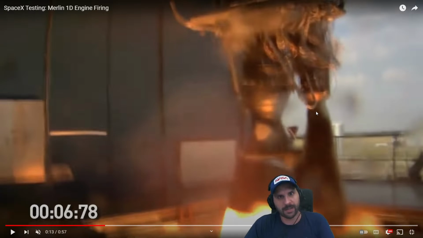Falcon 9 is a really good guided weapon, only it's not designed to crash into things. It's designed to stop at the last second. But other than that, it's pretty much the same thing. I mean, bombs use grid fins, dude. Bombs have been using grid fins for 50 years.